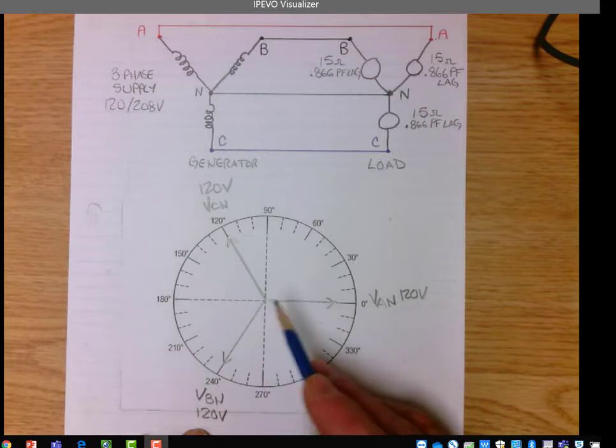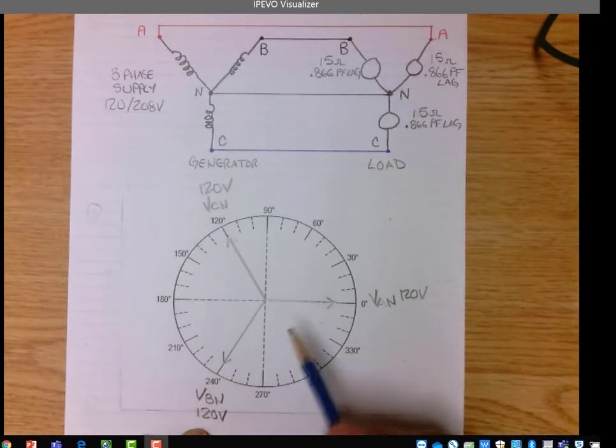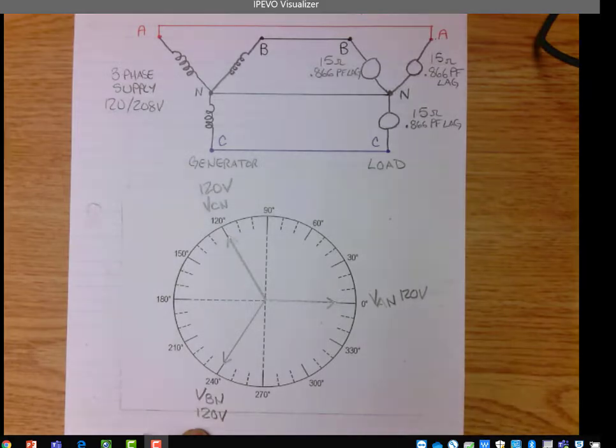Those are our phase voltages. We won't put the line voltages on this phasor diagram because it just clutters it up a bit. We know the line voltages lead the phase voltages by 30 degrees. We want to see where the currents go. So for me to put the currents on here,